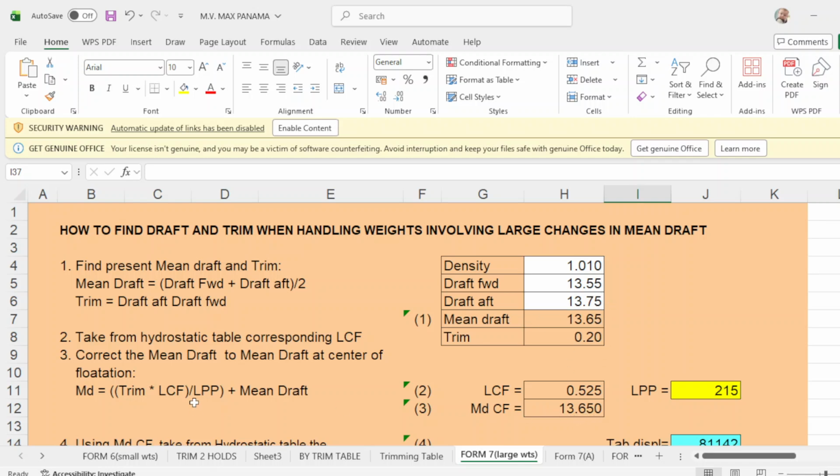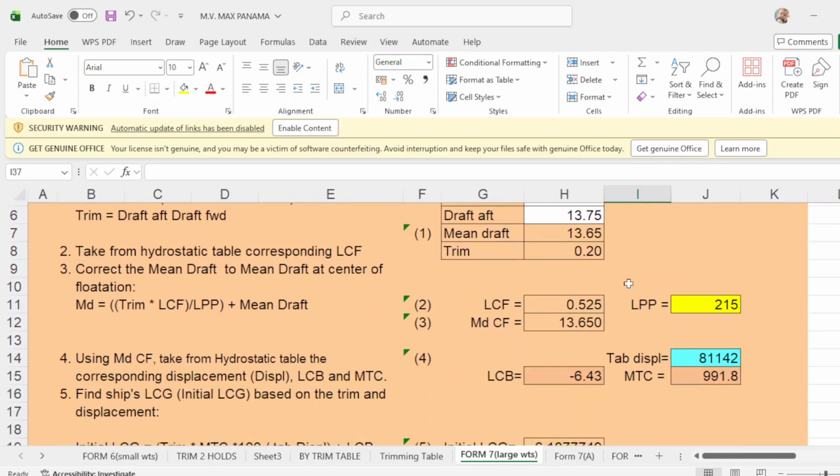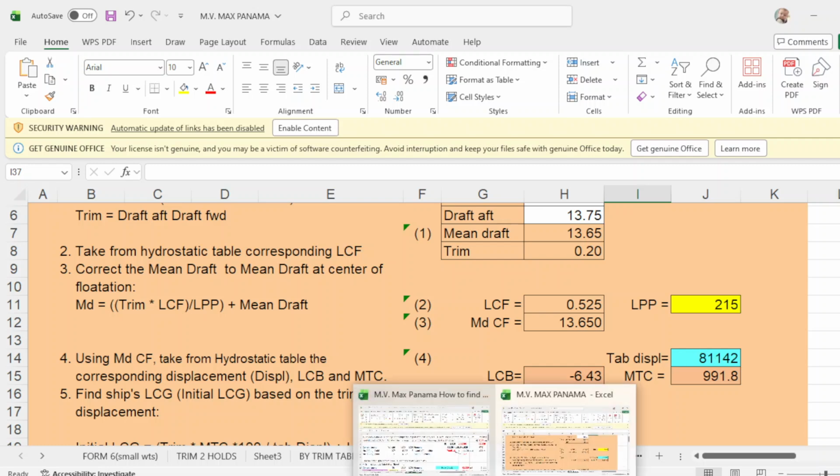So I did not use this number 3 sequence because the mid center of rotation is the same as your main drop. So I went straight to number 4, which is with your main drop, what will be your LCB and your MTC and your displacement.